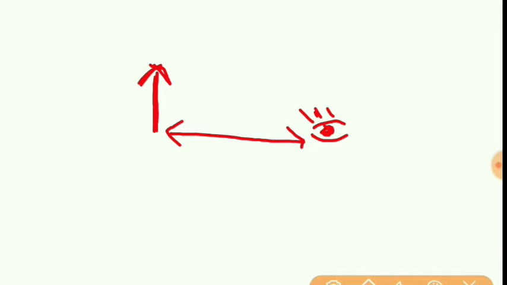Now students, about the near point. Near point means, suppose you are observing any object. Now this object can be seen clearly if and only if this distance is greater than or equal to D, and this D is nothing but the near point for a normal eye, and generally it is equal to 25 centimeter.